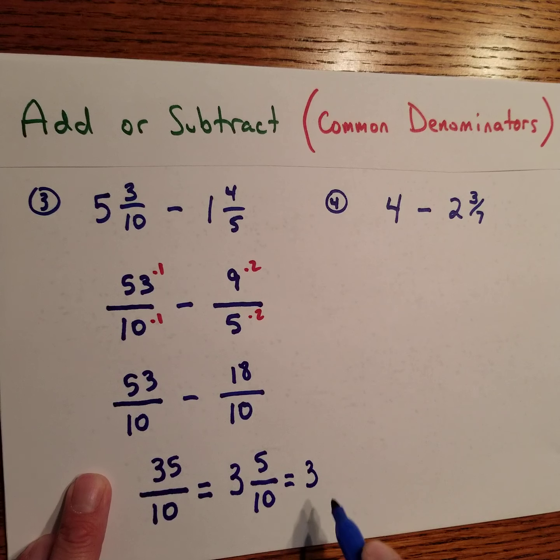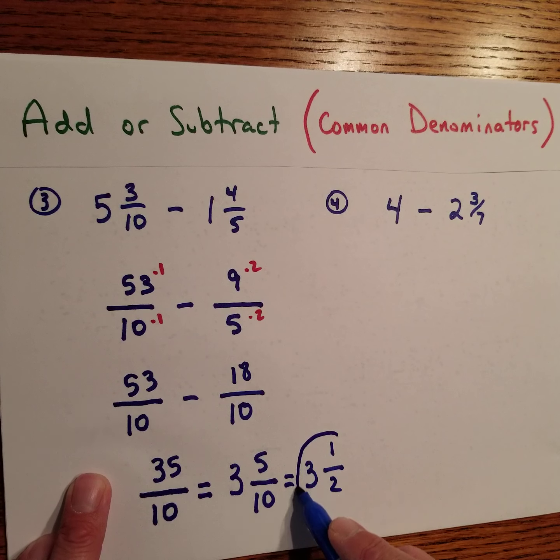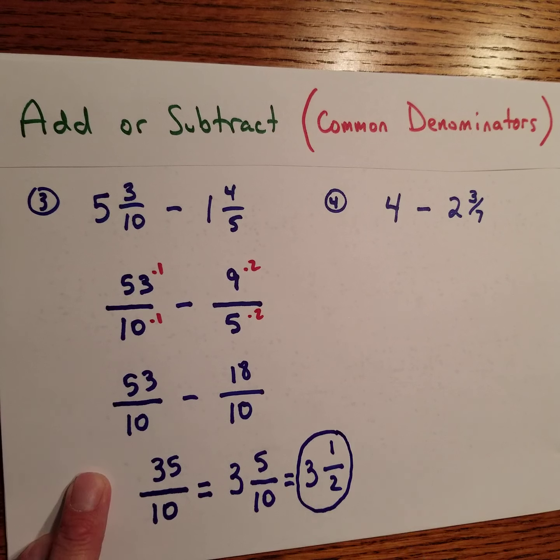Let's make this one even better. I can take 5 over 10, divide by 5, divide by 5. 5 over 10 is the same as 1 over 2. I like 3 1/2 as the best final answer. For number 4,